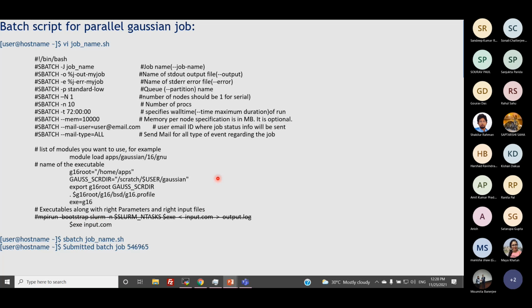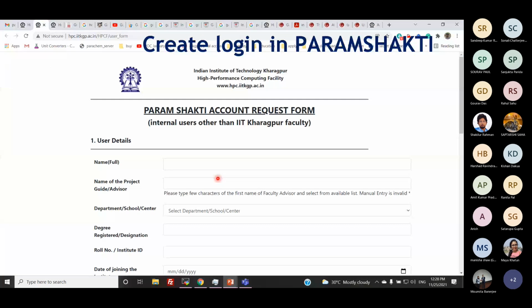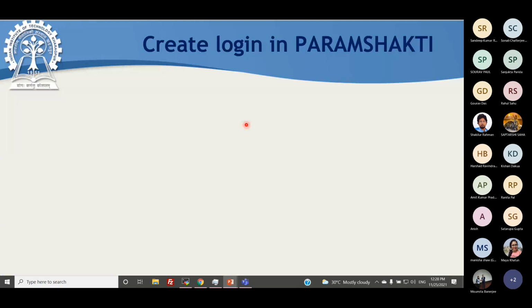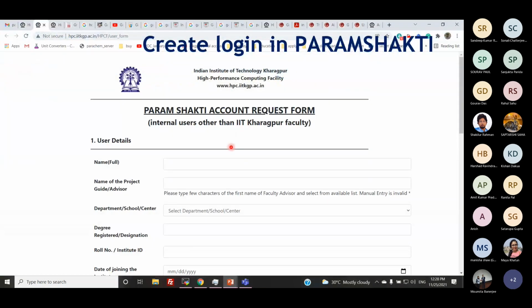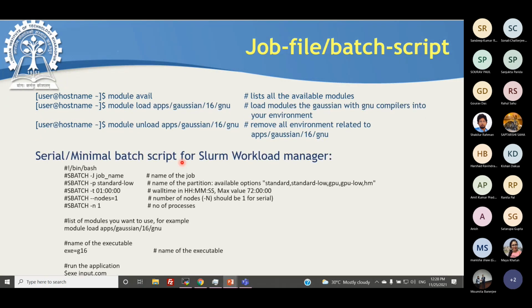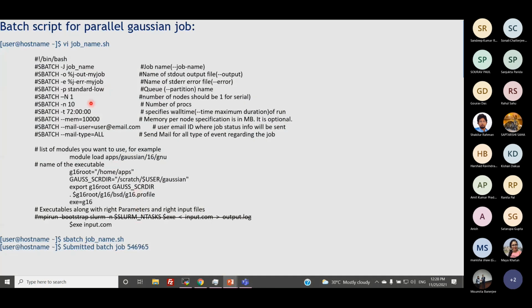You already specify some number of processors in the route section. In the route section, it already specifies the number of processors, so that processor number must be the same as the batch file. Otherwise there will be some problem or error. Otherwise you will unnecessarily occupy many processors, but your job will run with less efficiency. So the processor number must be matched.